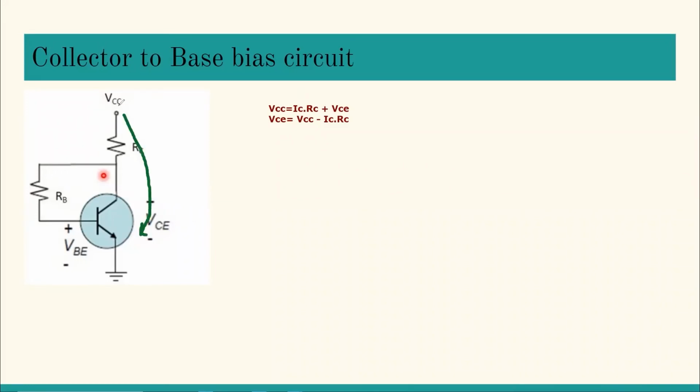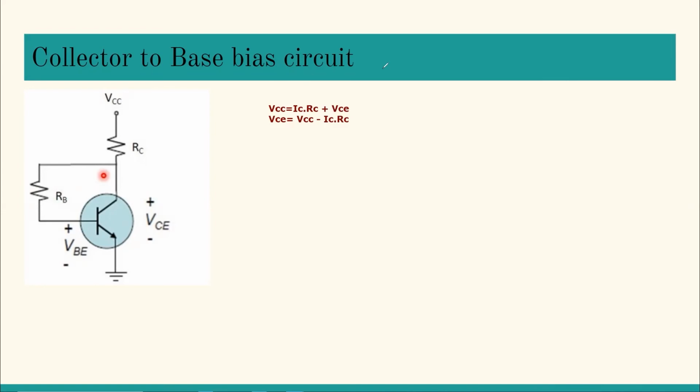ठीक है, मैंने ट्रेस किया VCC से करंट कहाँ कहाँ जाएगा, दिस प्लस दिस. ठीक है, तो मैंने वो सिर्फ ट्रेस किया. आई डिड नॉट डू एनीथिंग न्यू. व्हाट आई डिड, आई वांट ओनली VCE, तो मैंने इसको इधर ट्रांसफर कर दिया, राइट? तो ये इधर जाएगा तो उसका साइन क्या होगा? इट विल बी नेगेटिव. ओके, आई होप आई हैव मेड माय सेल्फ क्लियर, एंड हेंस आई गॉट द फॉर्मूला ऑफ